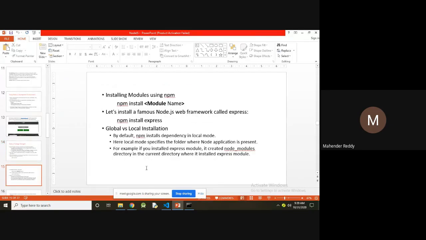With the help of npm, you can install the various modules you want to include in your project using this command.